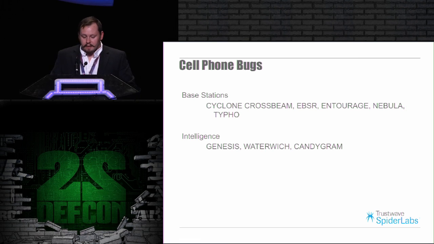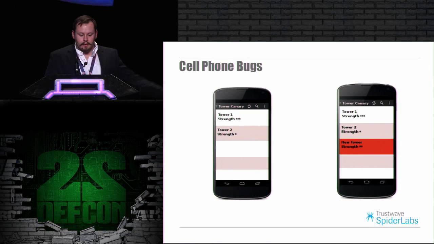The base stations, though, are an entirely different thing, because it's not something that you physically have access to. You'll pretty much never know that a malicious cell phone base station may exist unless you take specific action. Here is a basic idea of what you would do. Listen out on cell phone networks, see what cell phone towers your cell phone may be able to peer with, and have your cell phone let you know if something is new or something is changing. Obviously, when you move around, your cell phone towers will change, so